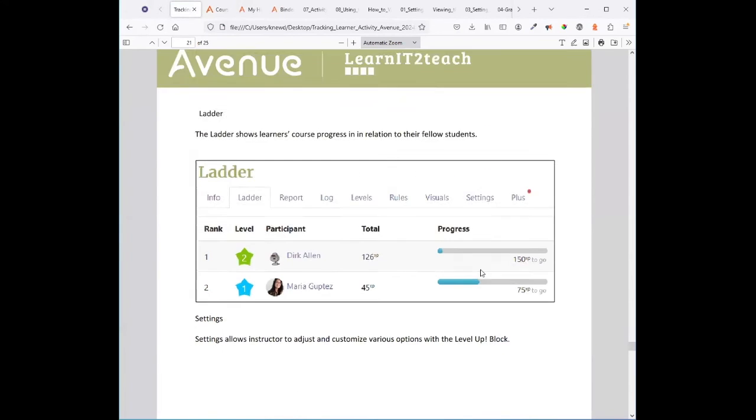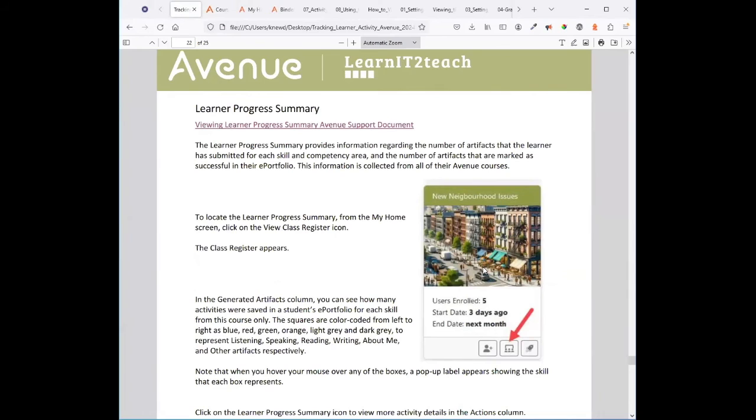And then there's this feature, recently new or refined for Avenue. It's called the Learner Progress Summary. I'm hoping some of you have seen this and tried it out. The Learner Progress Summary does not come from within Moodle. It comes from the card here